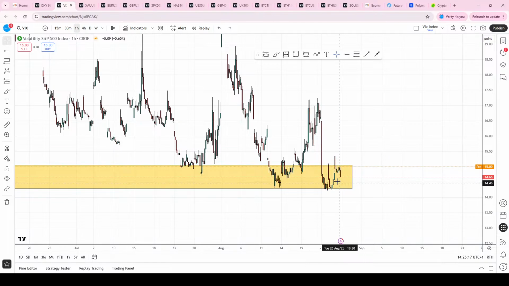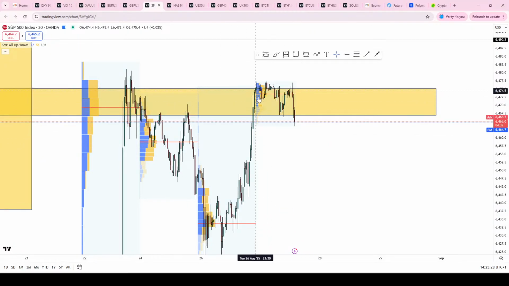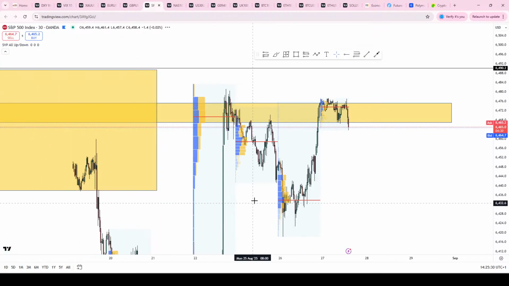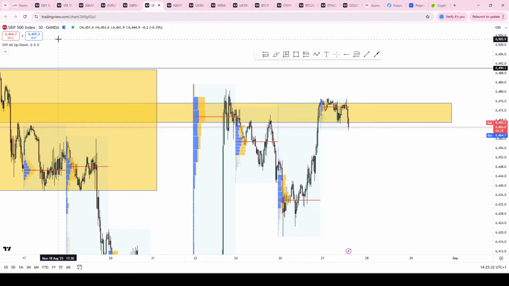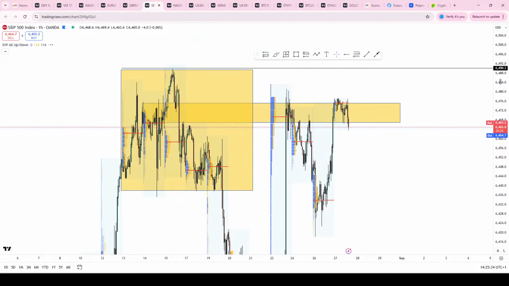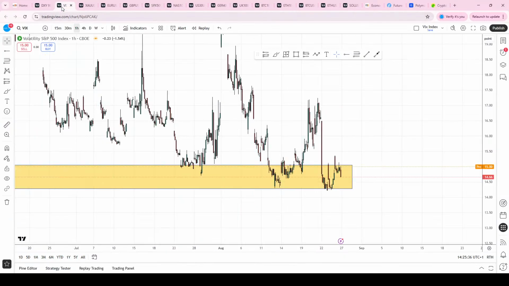So for me, as long as the VIX remains in this region, there's not really a massive desire to open up or look at potentially shorting these equity markets as yet. Although we have obviously seen the S&P give way a little bit this morning at that key pivotal level, we're really looking for the VIX into the open today to start to ascertain more volume.